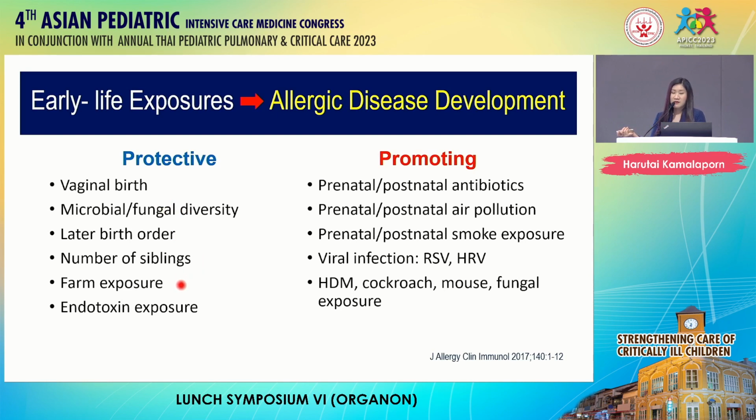You have contact with farm exposure and endotoxin exposure. These are protective factors against having asthma. But these are promoting factors: if you use lots of antibiotics since prenatal or postnatal, contact with air pollution and smoke exposure, viral infection, some specific ones such as RSV and human rhinoviruses, and all of these things in too great an amount. Cockroach and mouse in a very, very serious amount can promote allergic disease